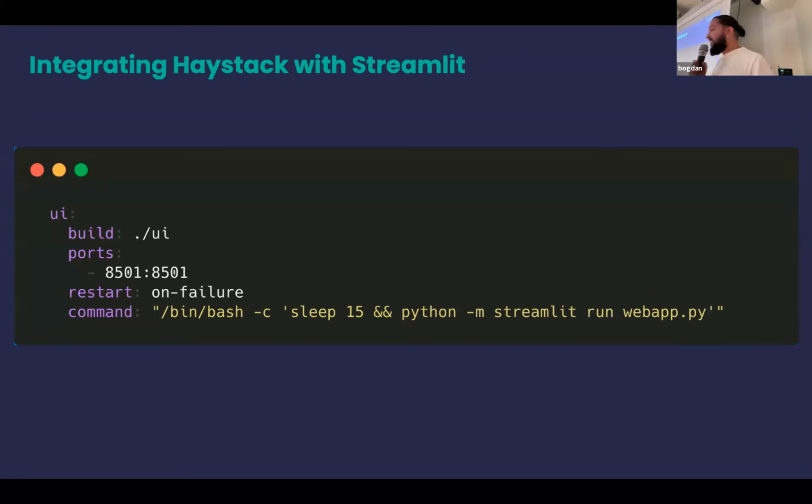And last but not least, we need to add this code snippet into our Docker Compose file, so that our Docker Compose file in the end consists of 3 services. We have the Weaviate database, which stores all the content for us. We have the Haystack backend, which interacts with the Weaviate document store and does all the handling with the large language model. And then we have our UI service, which presents our results in a nice way.